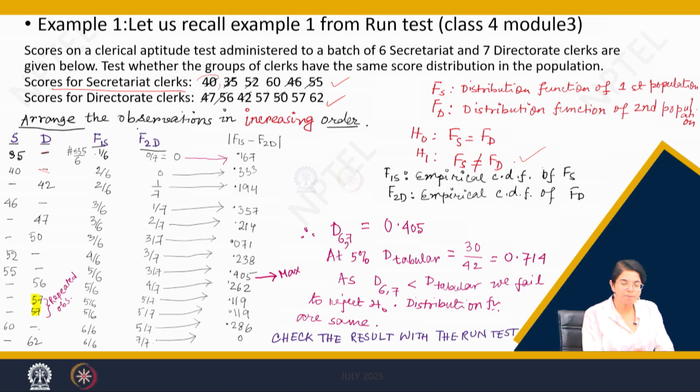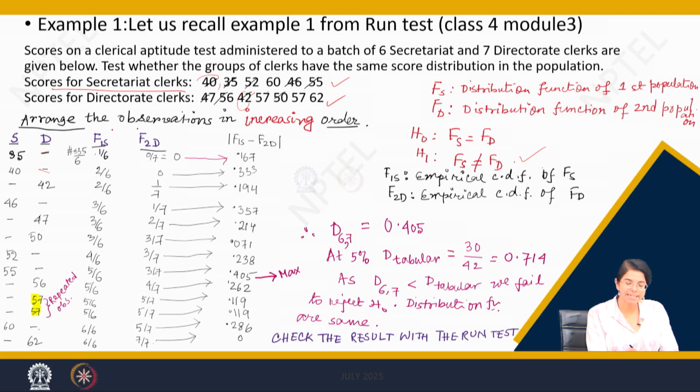Now the third smallest, basically we are trying to arrange the observations in a combined sample format, but we are writing it in a different way. That's what you have to remember. Clear? So the third observation is I think 42, similarly 46, 47. So these are the observations. Just have a look over the bottom of the second column, 57, 57, it repeats twice. So you will have to take care of that repeated observation.